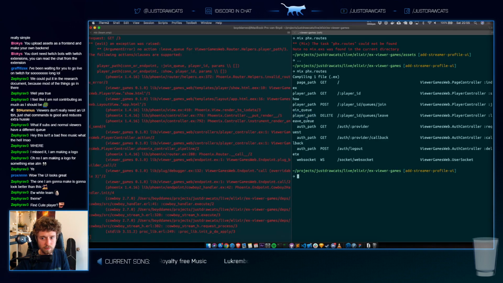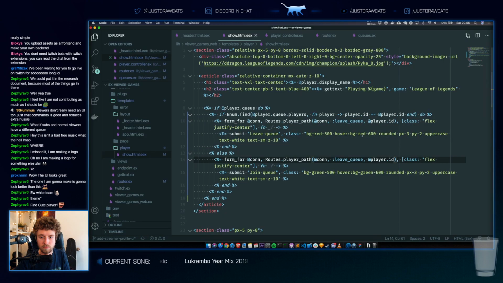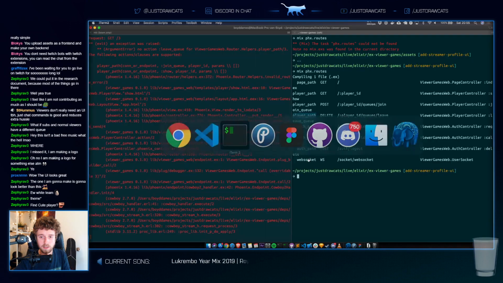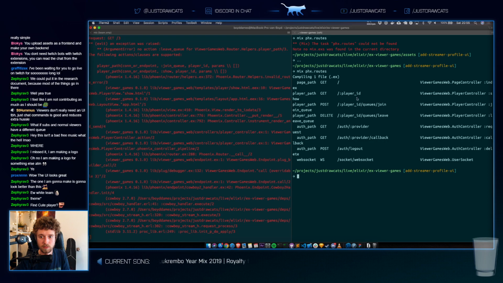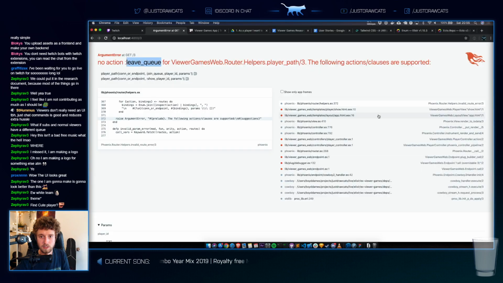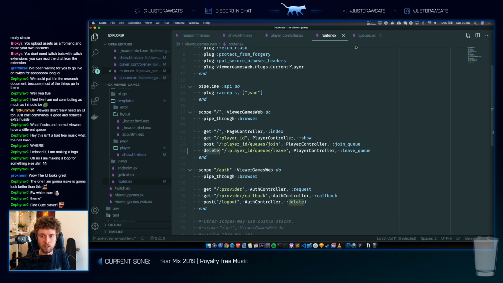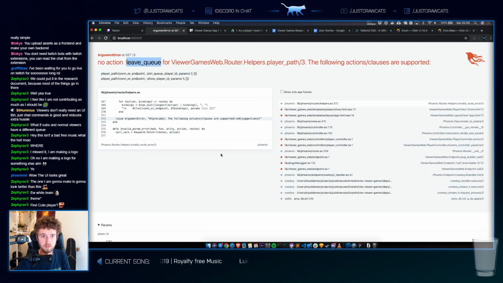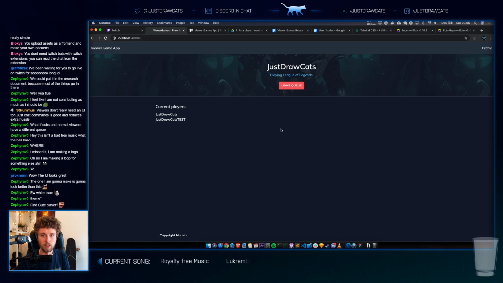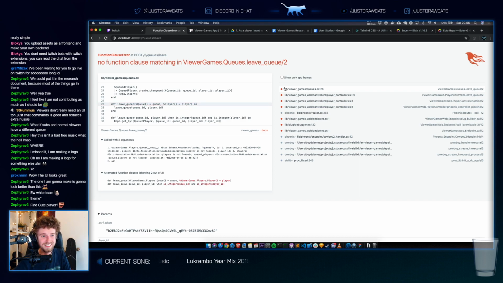Not true, bro. Player path. Player path. Use delete, leave. Let's just in the router make this a post, just to see what happens. Okay, that works. So I'm already in the queue. Let's see if I click this, if it works. No.